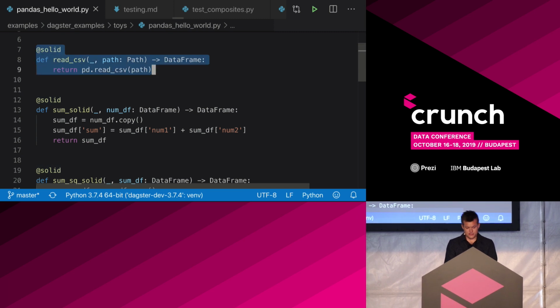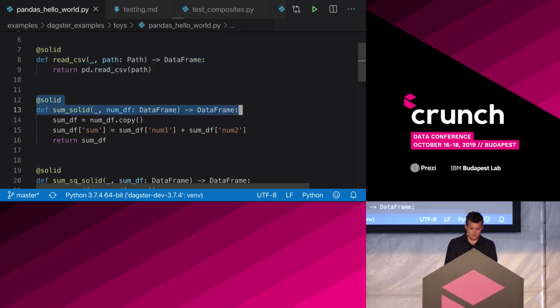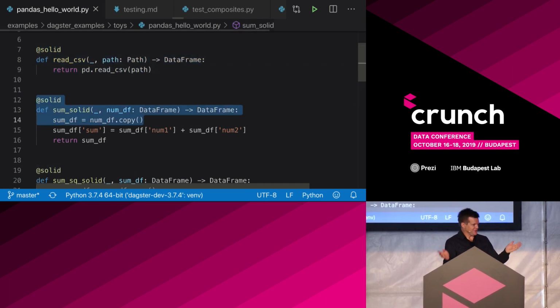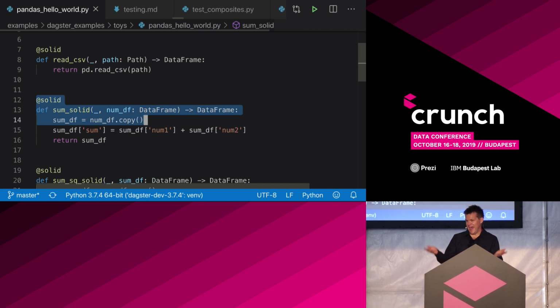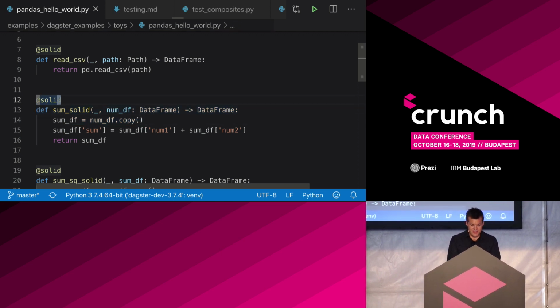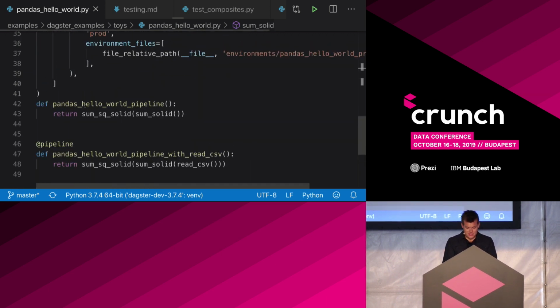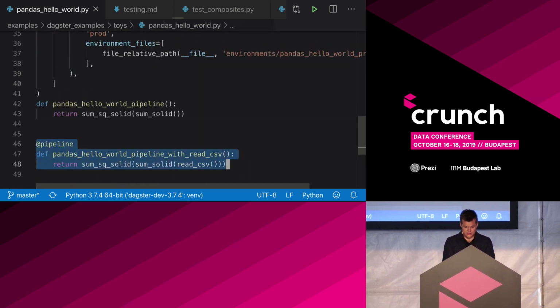So here's the first thing, read CSV. And then this is like the classic computer science blinking lights demo. So I'm doing an add operation. But this takes in a data frame, produces another data frame. And then you string these together, and this is how you construct that DAG. So we have this function DSL that assembles these things together and creates a DAG. So the moment that you have your code in that format, you have tools at your disposal.